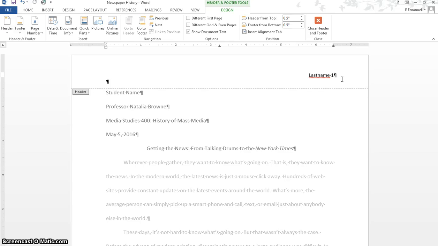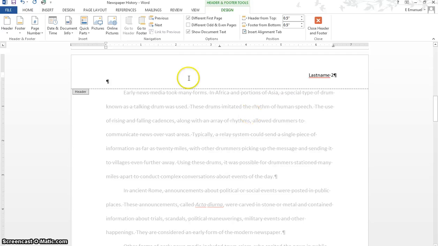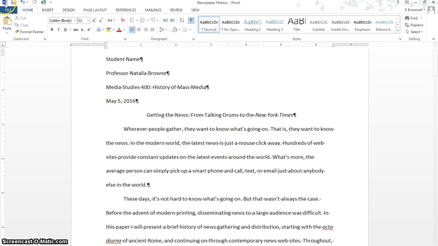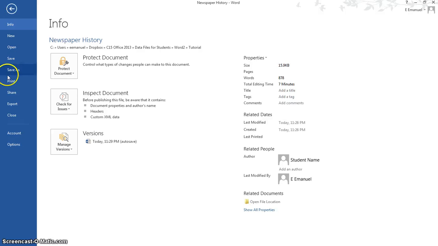Now, because we do want to suppress this on the first page, we're going to turn on the option up here, because we're in the header and footer tools. We're going to apply the option that says different first page. So if you click that and turn that on, you'll see it disappears from the first page. This is now a first page header. If I go to the next header, you'll see now that that header has the last name and the page number as well. So here I can close header and footer, and if I preview this document, go to File,